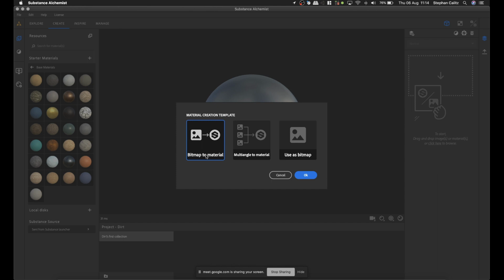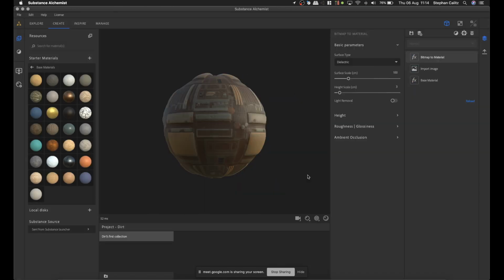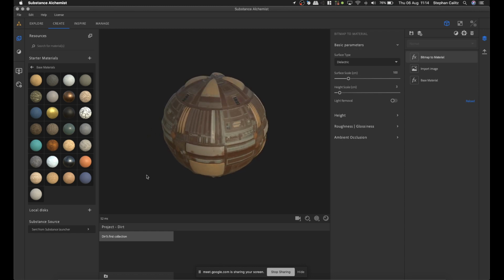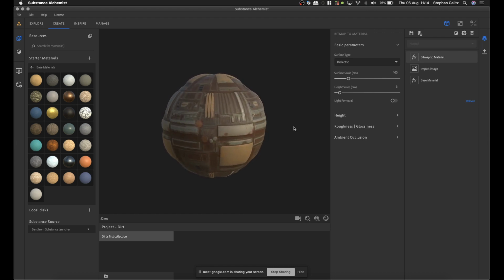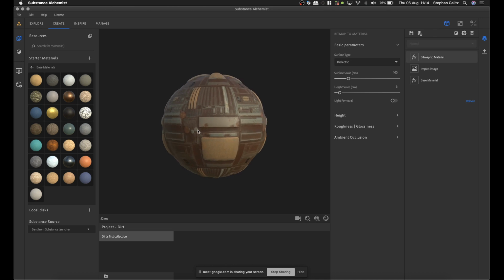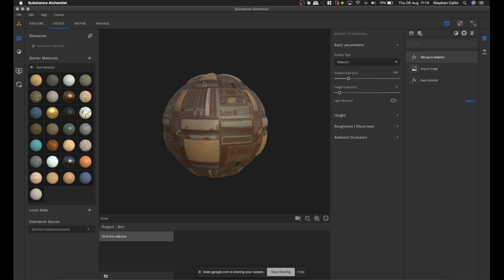And then you can use this bitmap to material process to extract the other textures that you need. So if you just painted the color map at first, let's say you used Photoshop or Blender or whatever, or even you just found a texture of something on Google, you can drag that in here, and then you can start tweaking the way that the surface would have been interpreted